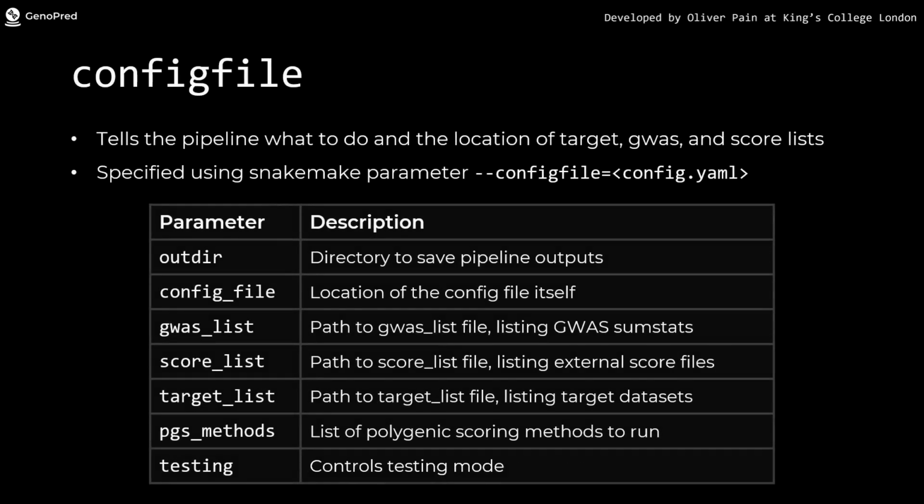So first, the config file. This is a YAML file and is required for the snakemake pipeline to run. There are 7 parameters within the config file. First, outdir, which indicates where you want the outputs of the pipeline to be stored. Then, config file, indicating the location of the config file itself. Next, there's GWAS list, score list, and target list, indicating the location of the GWAS list, score list, and target